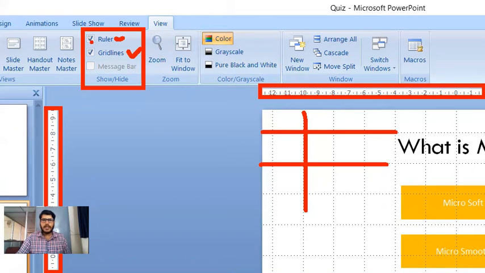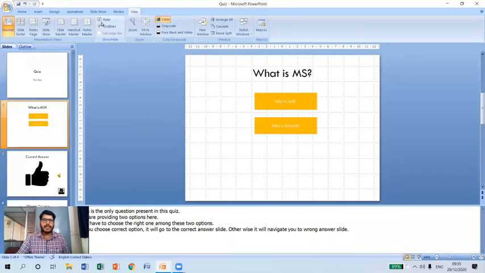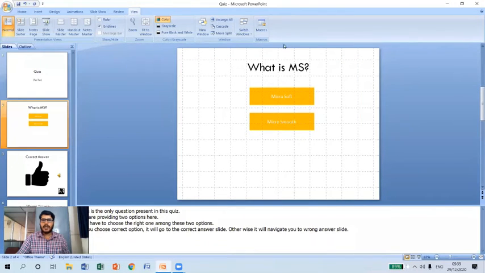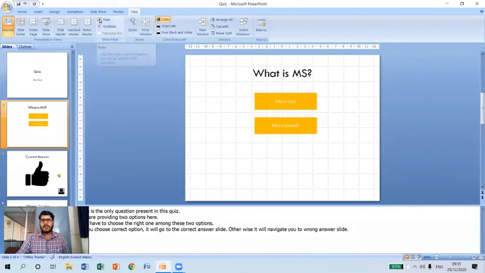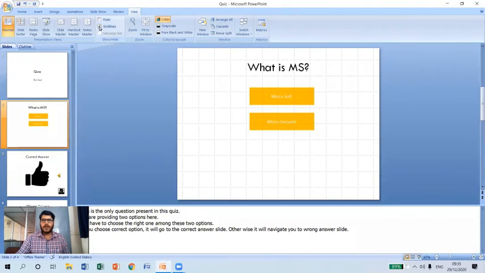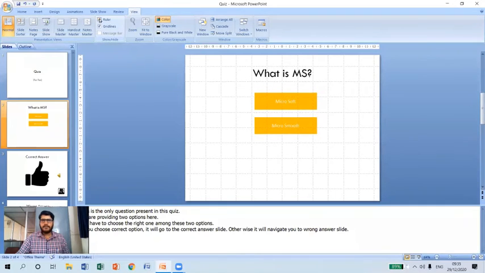Now, sometimes I want to hide these rulers and grid lines. You can observe here, I have enabled both the options, ruler and grid lines. Now I can disable this by selecting ruler, so that it will hide these rulers. You can observe the rulers got disappeared and have been hidden now. If I click on this, you can see the ruler is appearing here. So this is how we can show or hide the rulers.